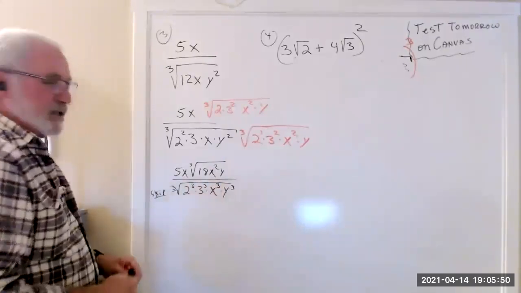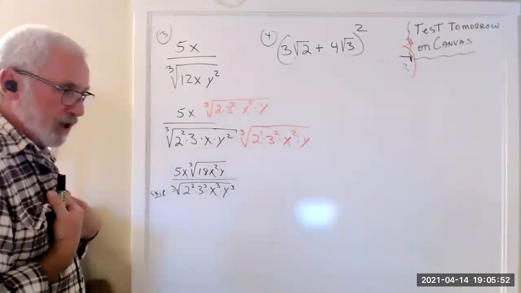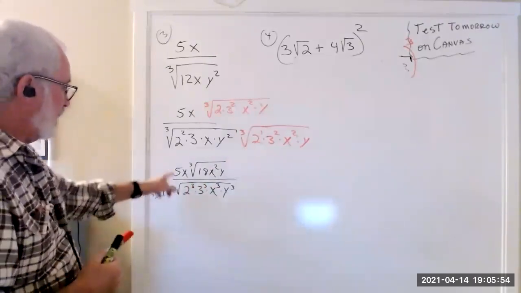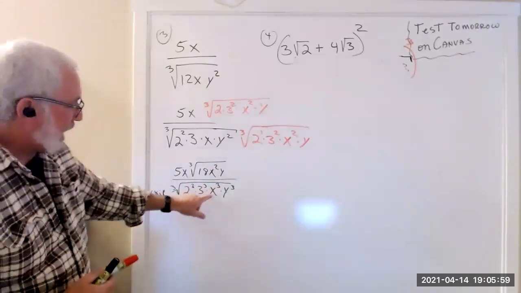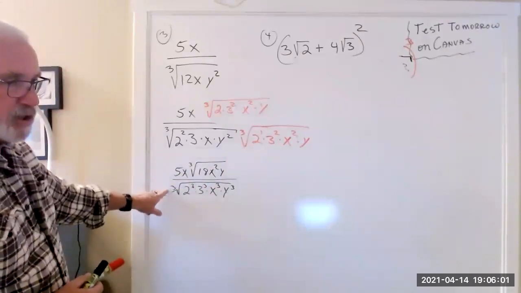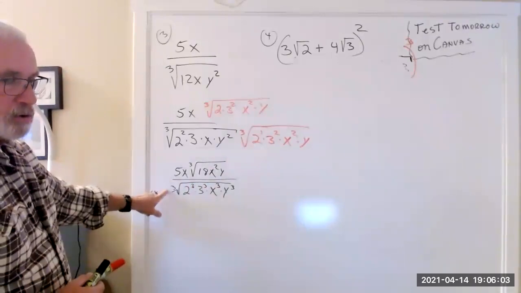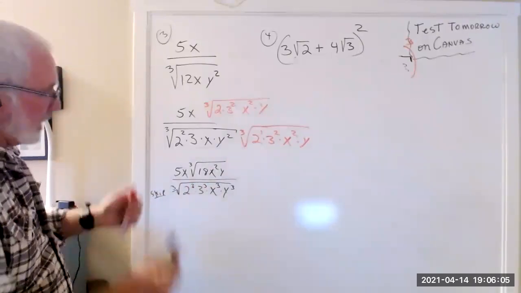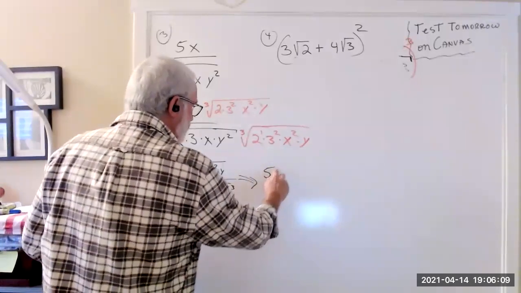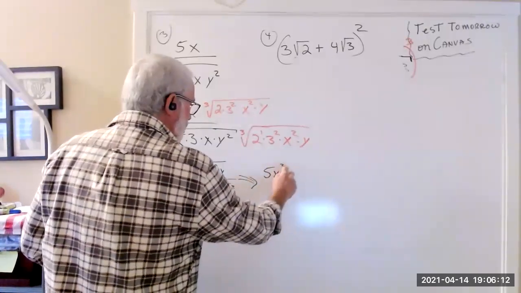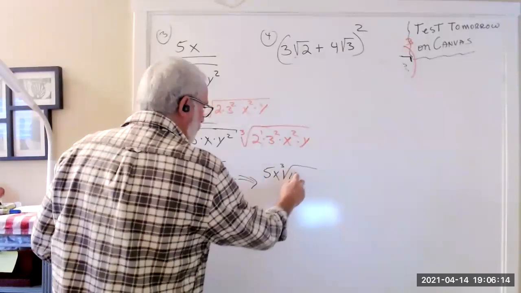I like to put that step in for me personally, because it gives me a check. Do I have cube powers inside of a cube root? That's like my last second check. I do. So this will become 5x times the cube root of 18x squared y